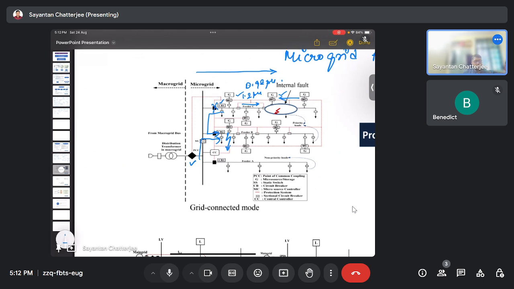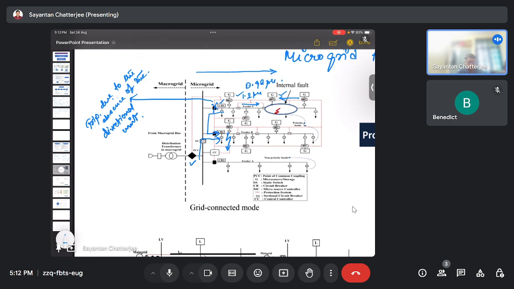This breaker would also trip, but that is not required at this point of time, because without the directional unit, this unit would trip, but that is not again required, because this trip is